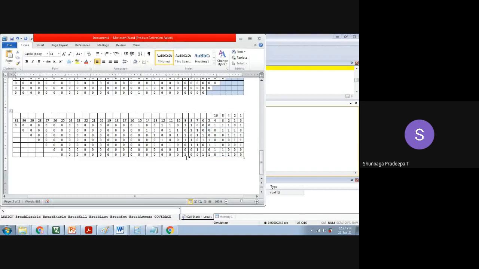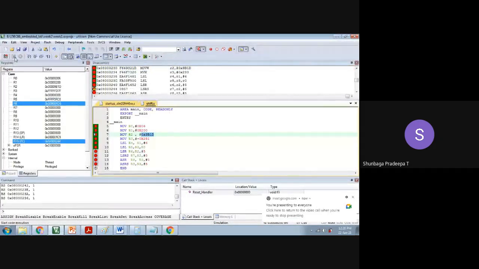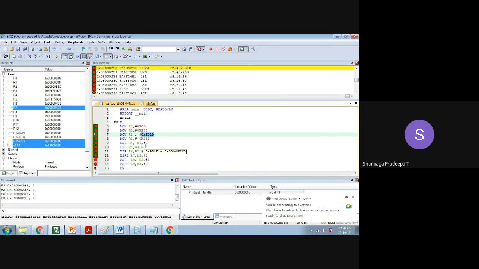So what will be the hexadecimal value here? It is C in the LSB position, 6, 2. So 2, 6D, I think. Let us check it. Sorry, 4D8. So what we are doing here is R2 we have taken and it is 5 times shifted. Okay, I have done it for 6 times.